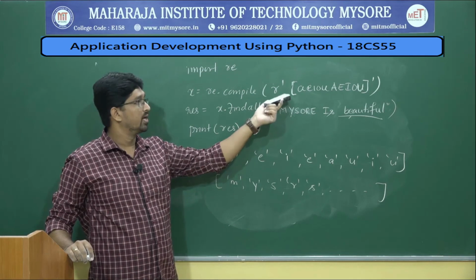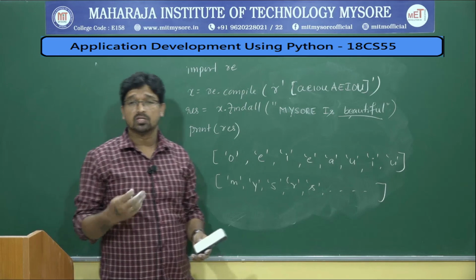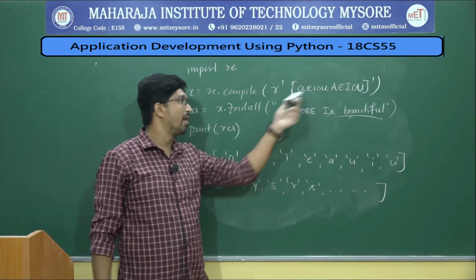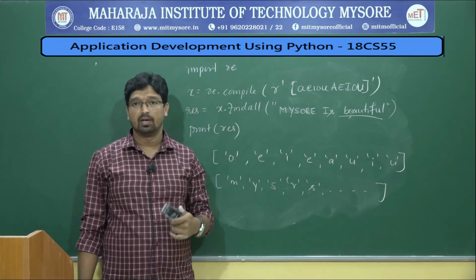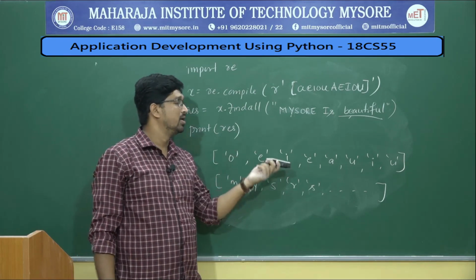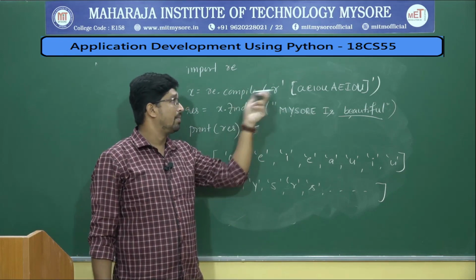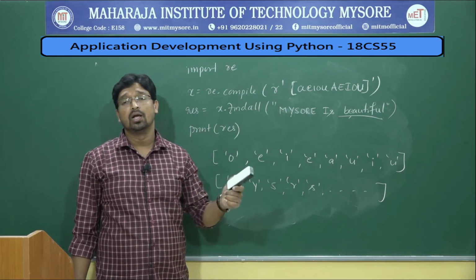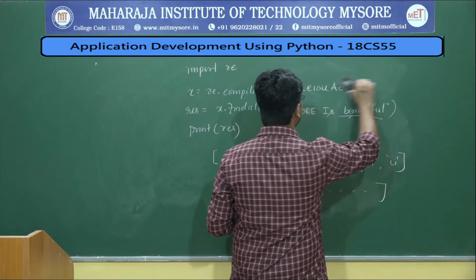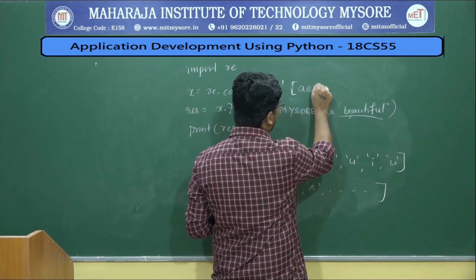But it is a tedious job. Writing all lowercase and all uppercase is tedious. What is the best way? What is the solution? You can ignore the cases. Either it's uppercase or lowercase, just match these characters. Yes or no? You can instruct your Python interpreter to compile these characters and just ignore case sensitivity. For that, what you can do? You can write A, E, I, O, U,